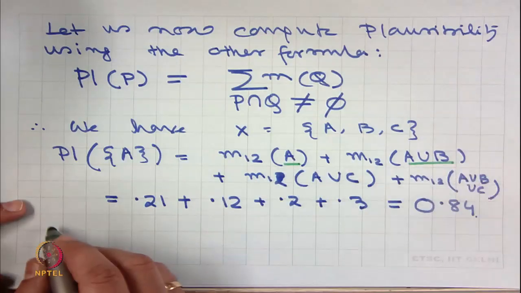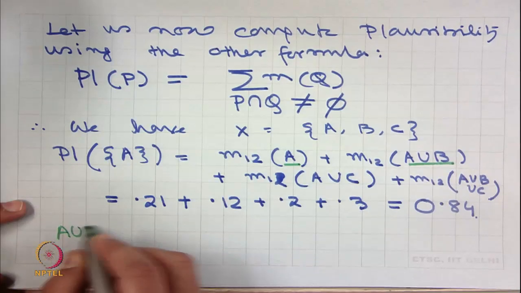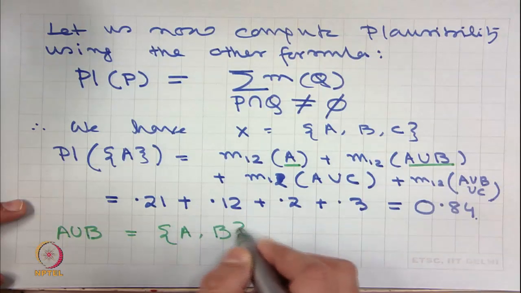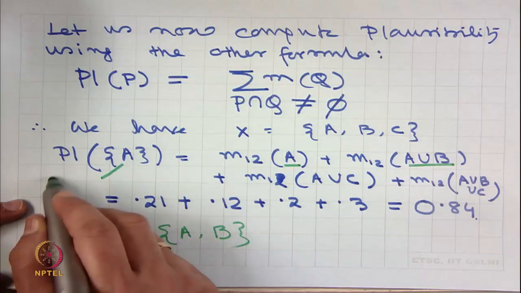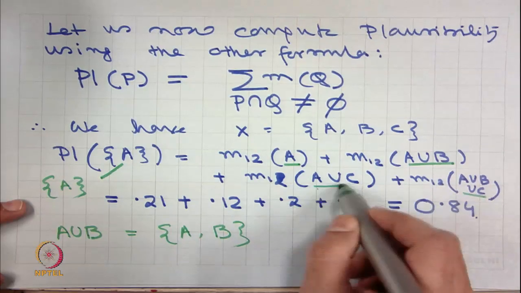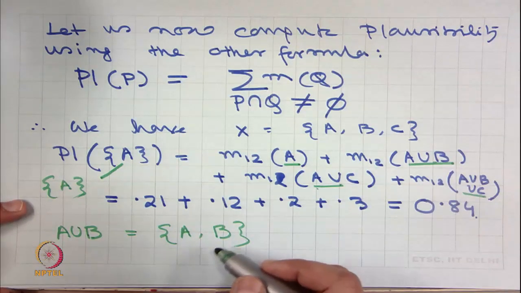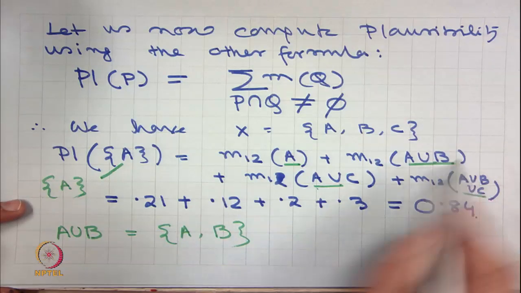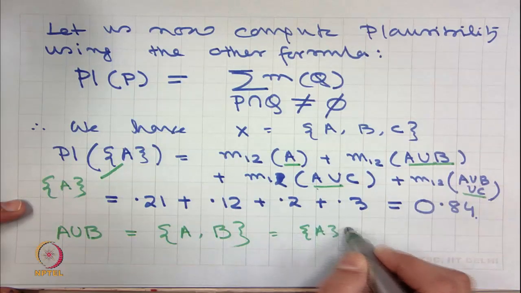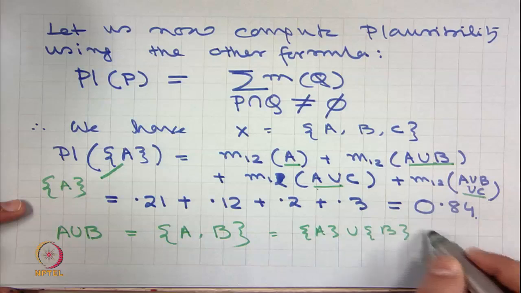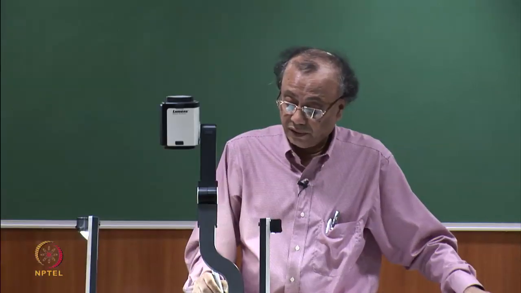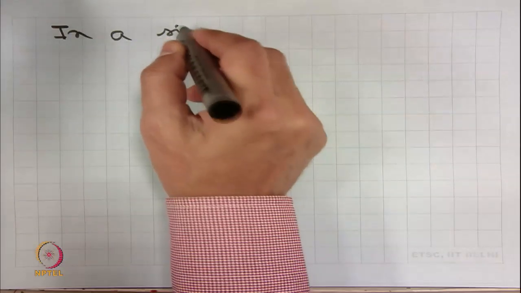Please notice one thing, these are actually subsets. So, when I am writing A union B, this is basically the set {A, B}. Here I have used the notation, but in these cases I did not use it, but you have to keep in mind that union is between two sets. So, basically A union B is equal to singleton A union singleton B, which is equal to the set {A, B}. In a similar way,